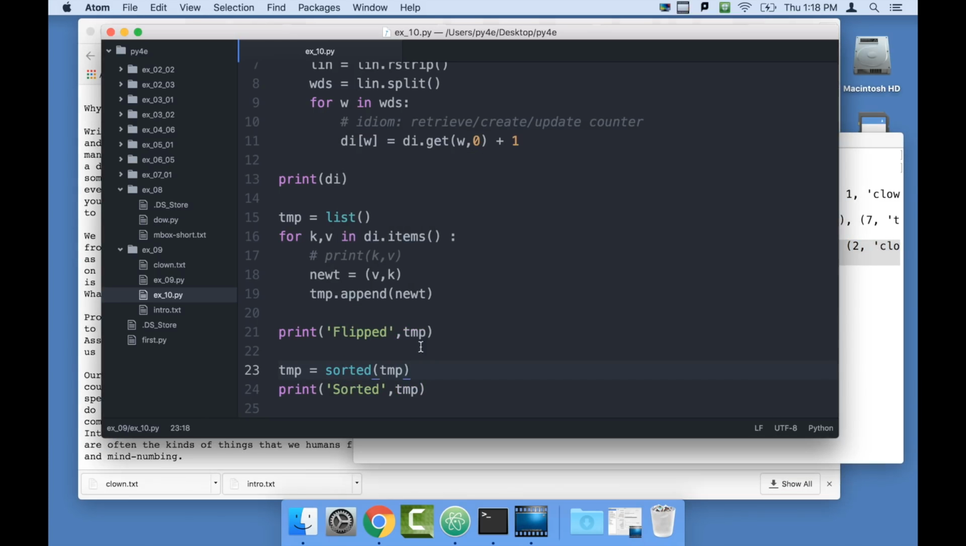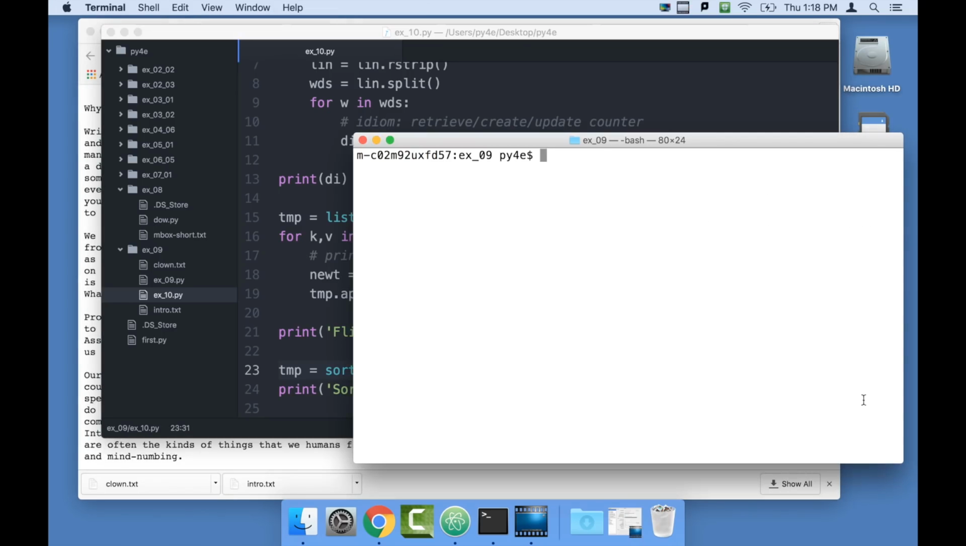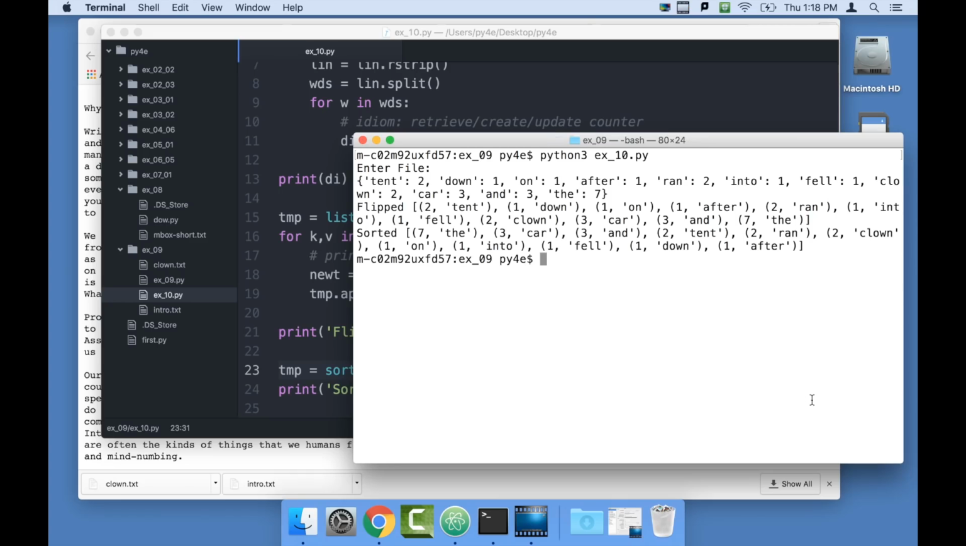So we can just tell this with this parameter, reverse equals true. And we just say, hey, sorted, do this backwards. Do it from highest to lowest rather than lowest to highest. And now our sorted one says 7, the, etc. Okay? And so if we want the first 5,